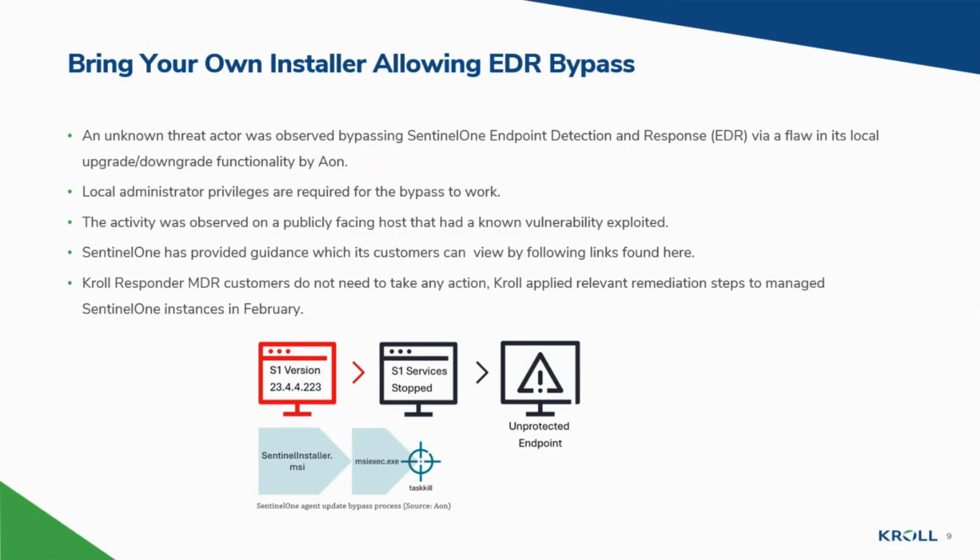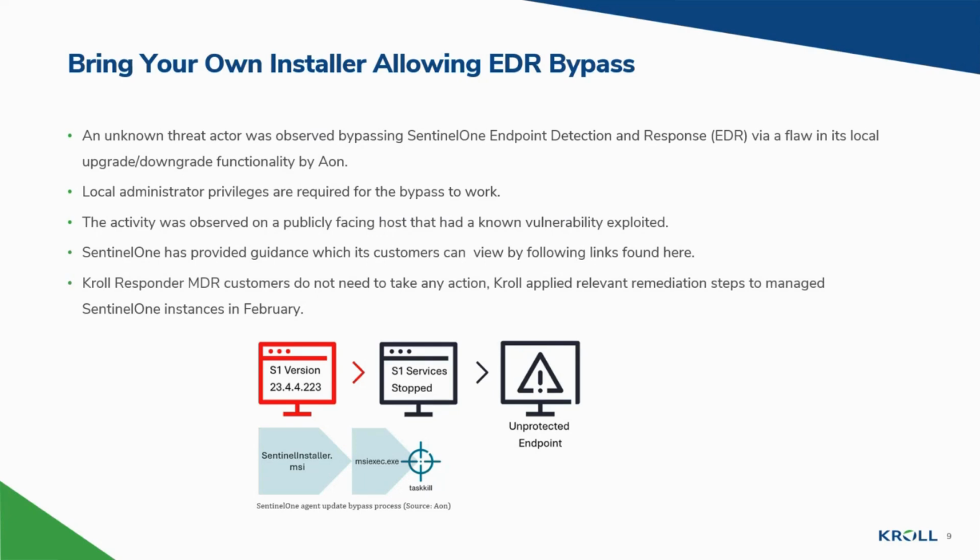will run multiple times before SentinelOne seemingly terminated. The termination occurred because, with the correct timing, a threat actor could terminate the msiexec.exe process during the install, once it had stopped and removed the previous version of SentinelOne but before the new version was fully in place and operating, essentially leaving SentinelOne in an offline mode. It is worth reiterating that local administrator access is needed and a known vulnerability was used.